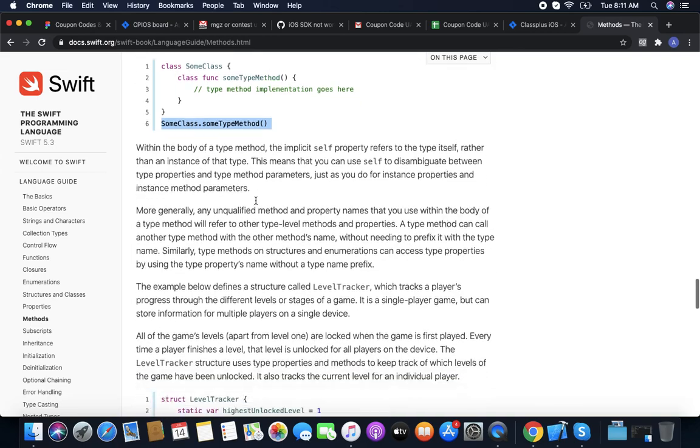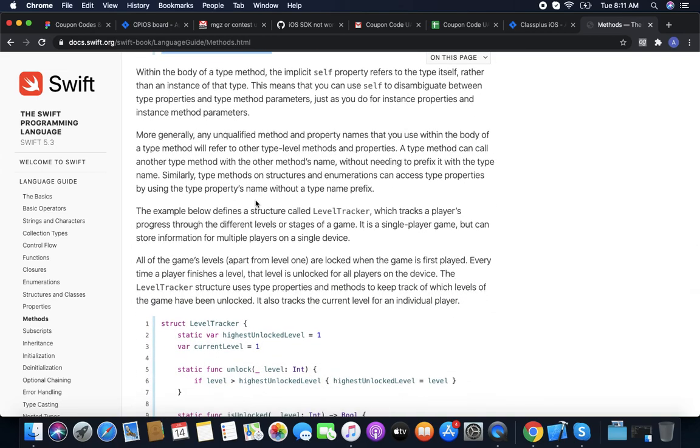These are about properties and methods. We have two types of properties, global and local. Local ones are used with an instance, and global ones can be accessed anywhere with the class name. Same, we have two types of methods, instance methods and type methods. Instance methods are used by the instance, and type methods can be used with only the class name.